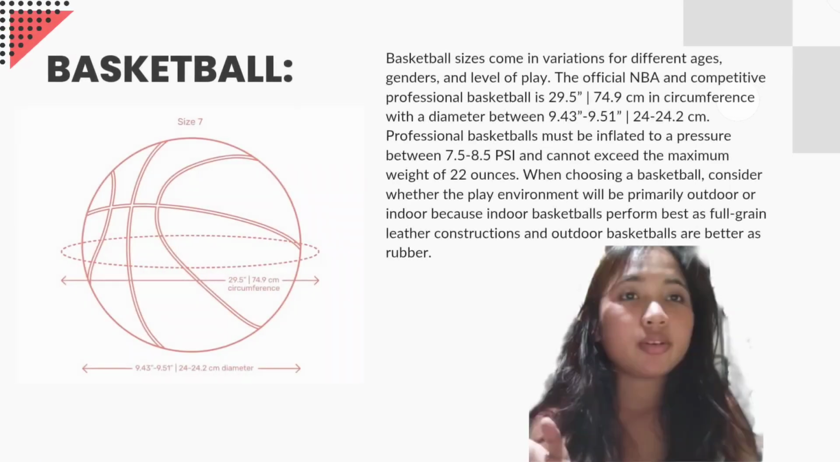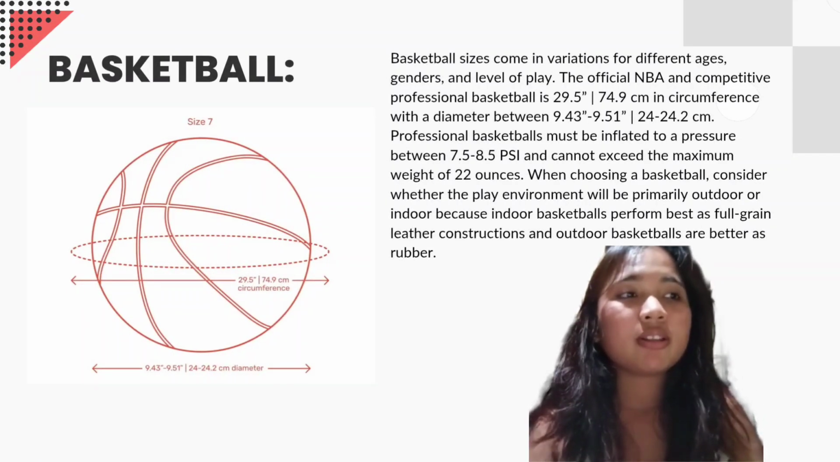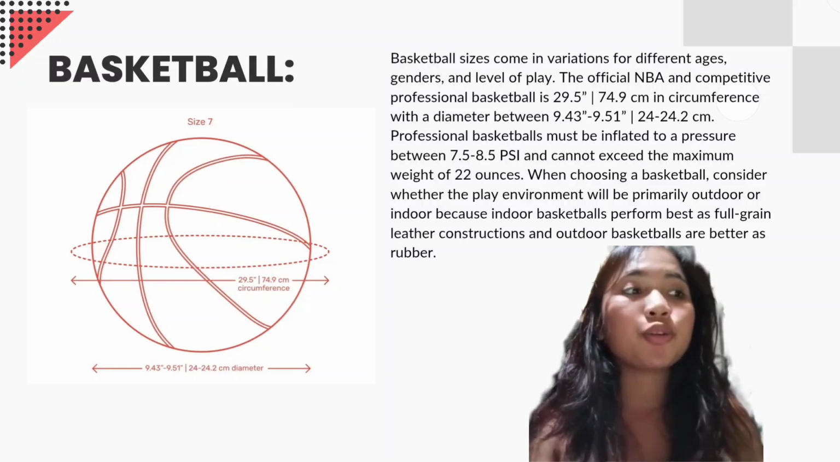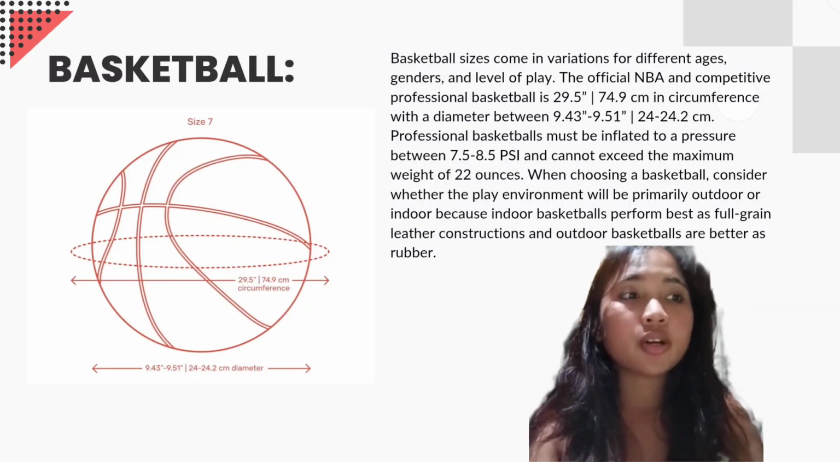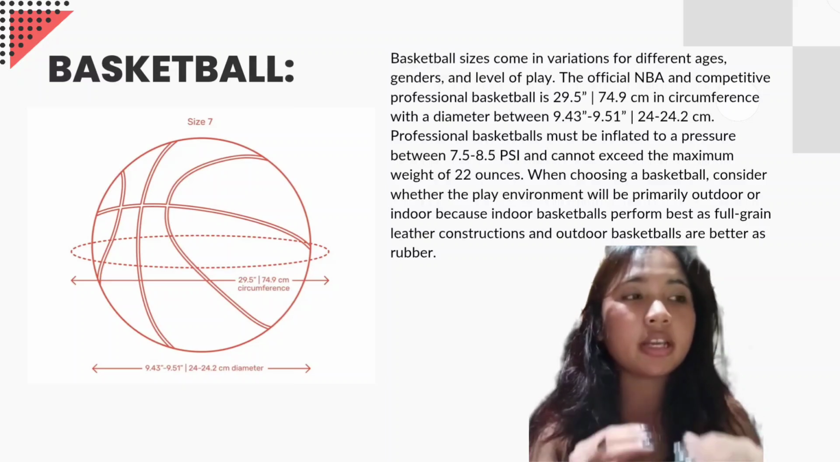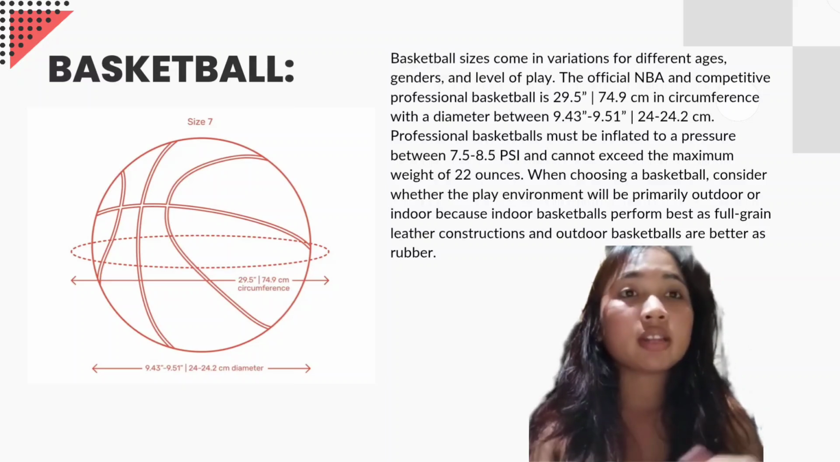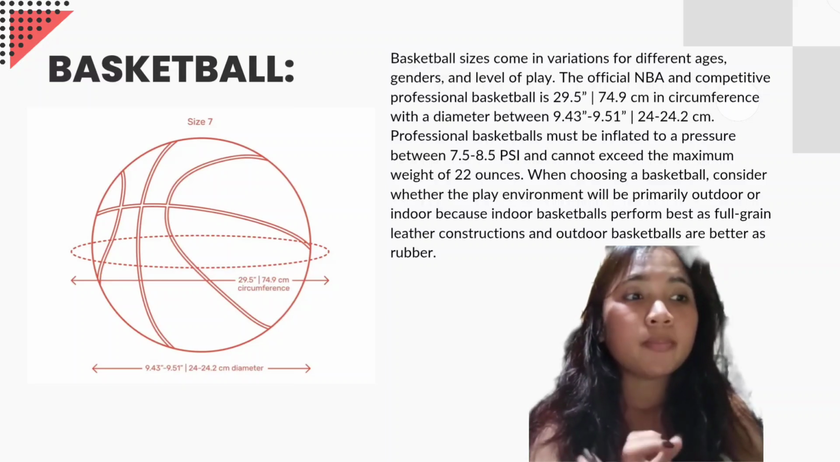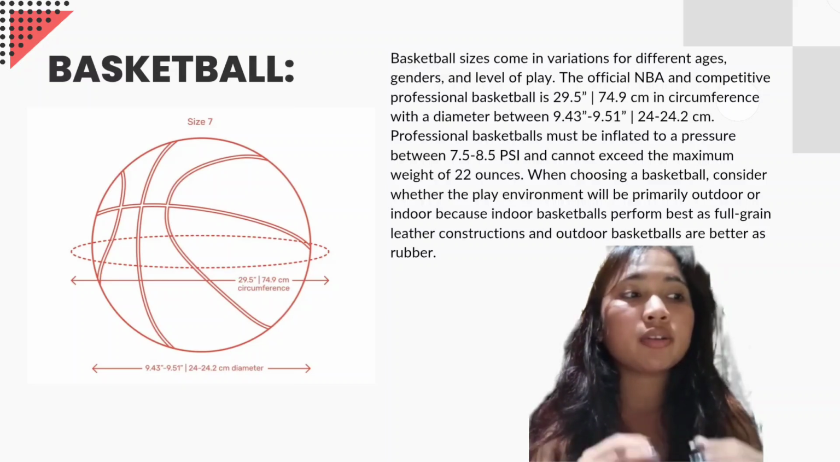So, good evening. Basketball is a team sport where two teams of 5 players each try to score points by throwing a ball through a hoop. So, first is the court. The game is played on a rectangular court. Second is the ball. Players use a round